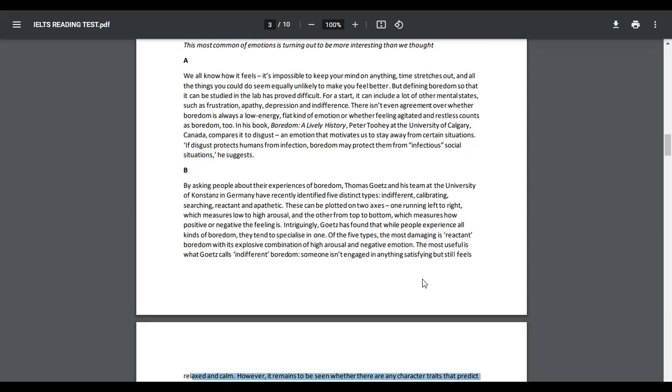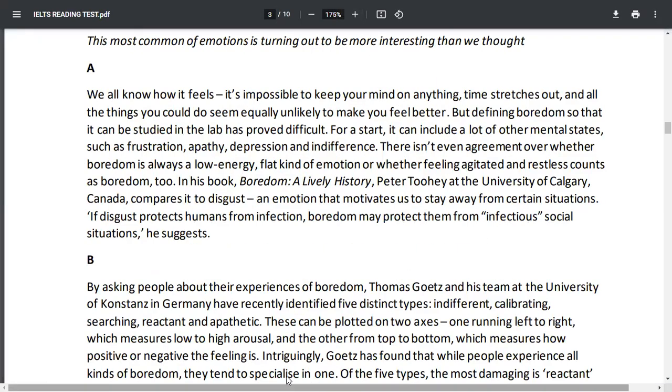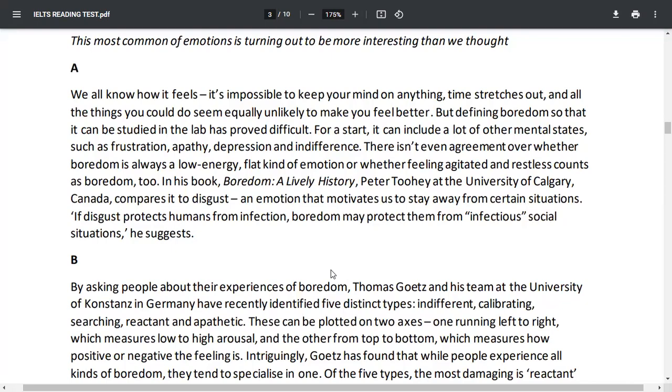Okay, guys, I'm back. Let's just focus. So paragraph A, if we actually read the sentence, in this paragraph the author introduces the subject of boredom, indicating that, so as you can see,